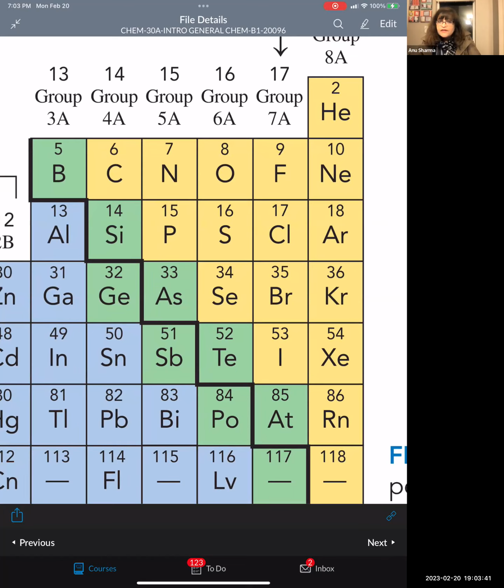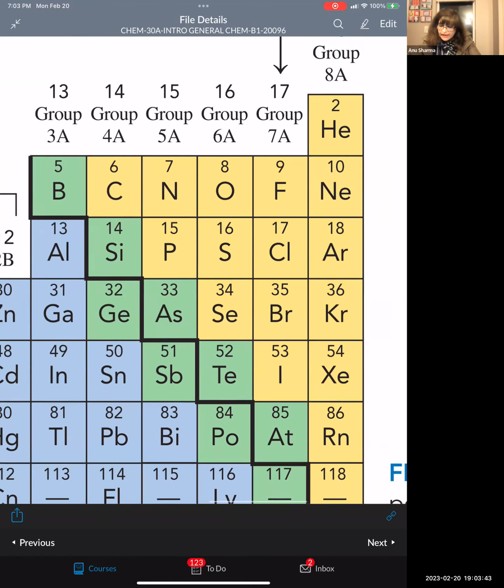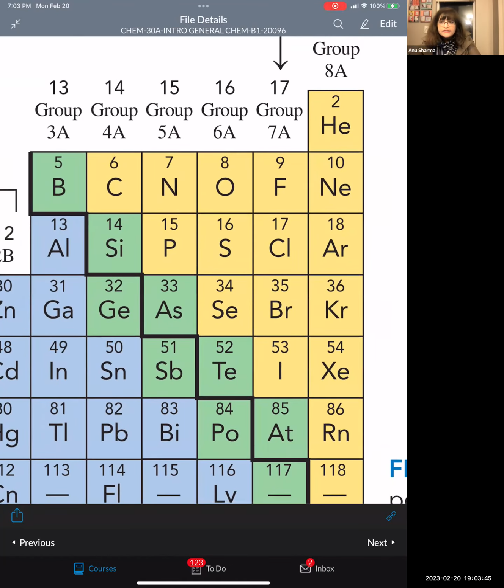That means it has got 5 valence electrons, and group 8A, 8 valence electrons. So how many does it need to get 8? To make 8, you have 8 in its last shell. So it needs 3 more. So here we have